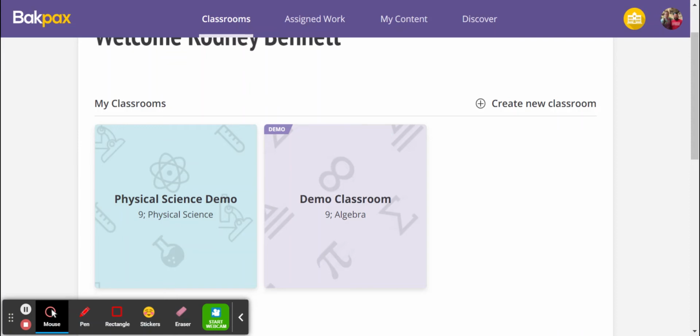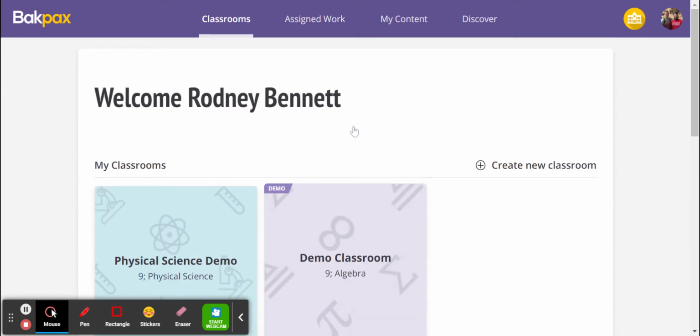Tech tool number 3, Bakpax. So this is a really interesting app or tool that I found online. I had never heard of it before, but it sounded cool, so I clicked on it. When you go to Bakpax, you're going to create your profile, create everything, and then you can open up